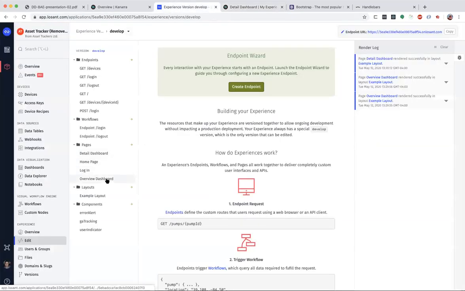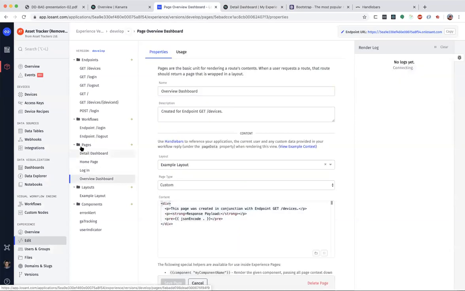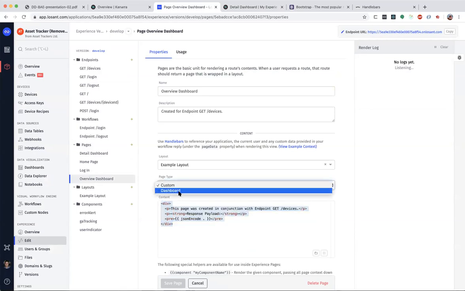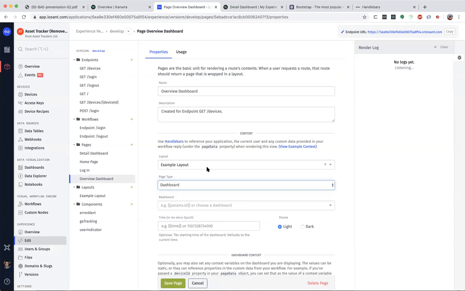So I created these two pages, the overview dashboard that you see down here under pages. Again, when a request is made to /devices, we configured it to return the overview dashboard page that you see right here. And this is the markup that's currently inside of that page that we just saw. But instead of that, I want to render one of my Losant dashboards. Now this is pretty cool.